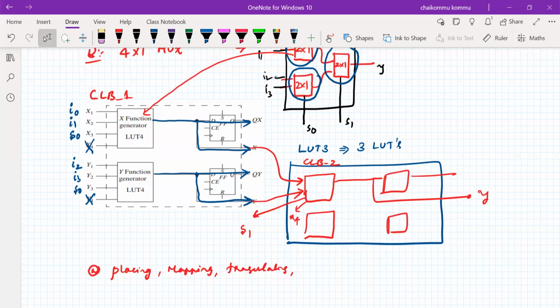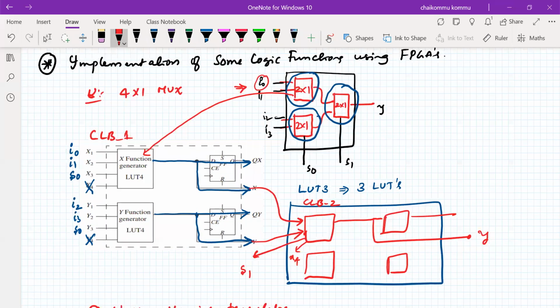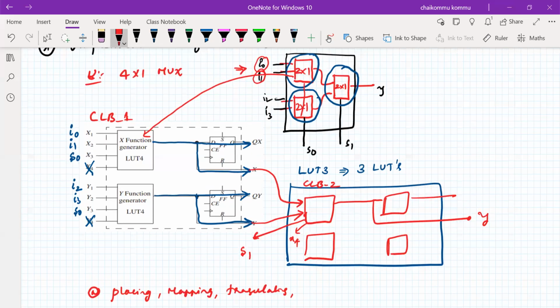So therefore, input to input mapping. The selection lines and all these things will also be mapped: I0 to I0, I1 to I1, S0 to S. For example, I0 to X is mapped to this one, I1 to X is also mapped here. Therefore, the translation of this block diagram into the FPGA-oriented form, all these things we can also see. It is much clearer when we program this, in hands-on training on FPGA.